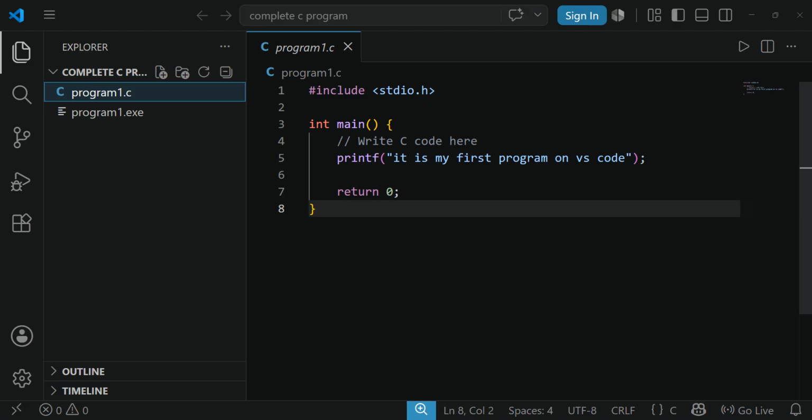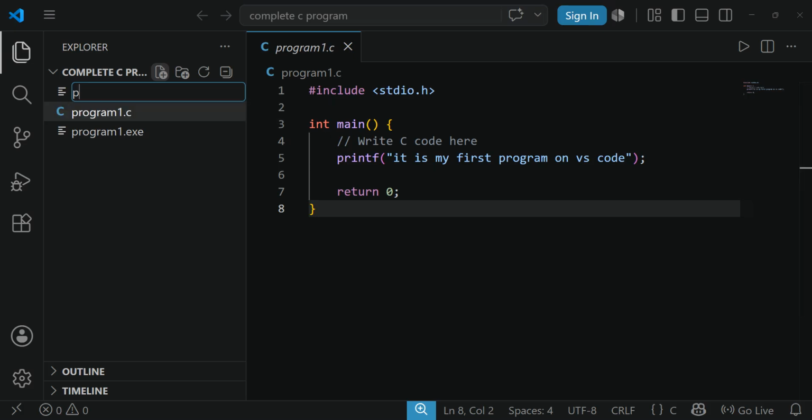In the previous video, I showed in detail how to download and install Visual Studio Code on your PC and how to link it with the C compiler so that the code will run. If you haven't installed or set up Visual Studio Code on your system, please see that video and first set it up. It is an impressive tool that is used for a wide variety of languages and courses. Okay, coming into the video,